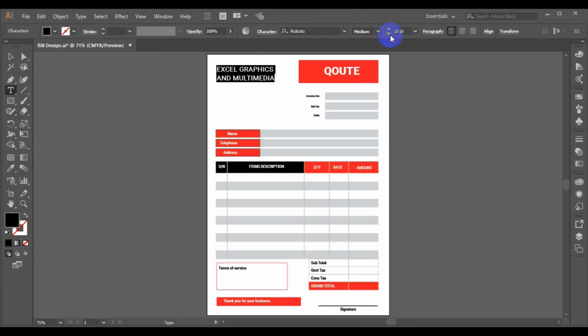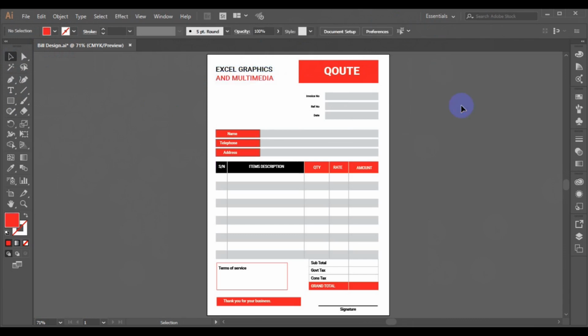Then enter, and multimedia. So Control A again to select everything. I'm going to change the format to medium. Then I'm still going to reduce the font size. Then I'll select the bottom text, Shift key and select the bottom text. So I'm going to change the bottom text color to red, this type of red. Then I'm going to position it so that it snaps to the edge. Good. Now with that, we have done with the simple